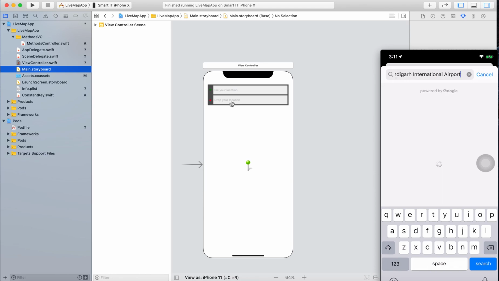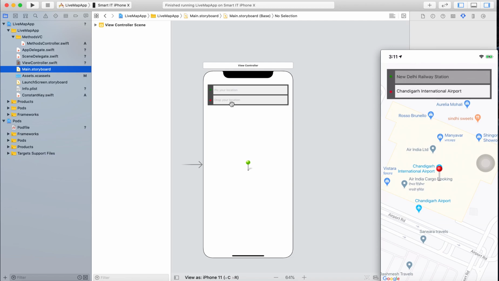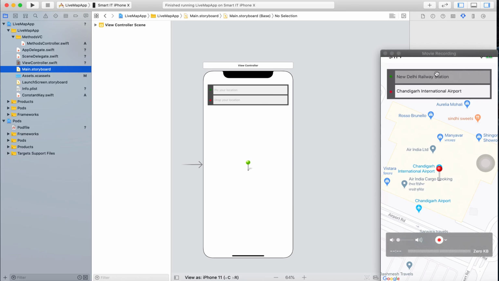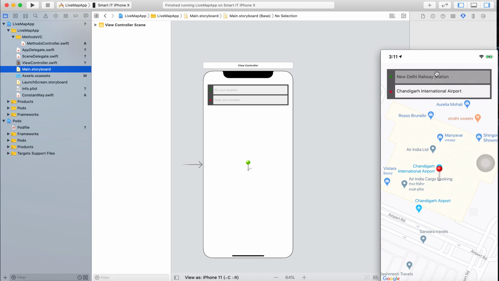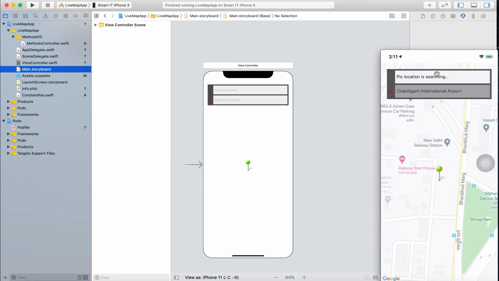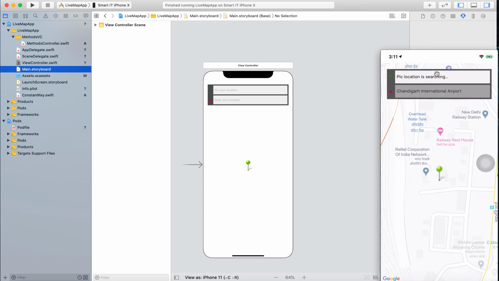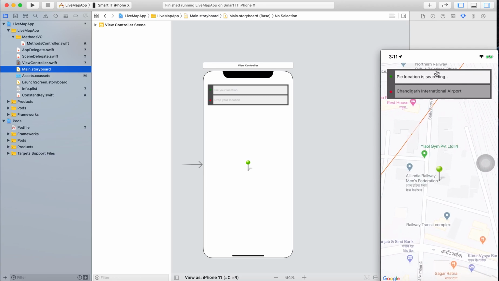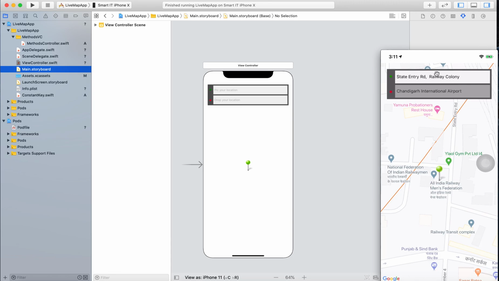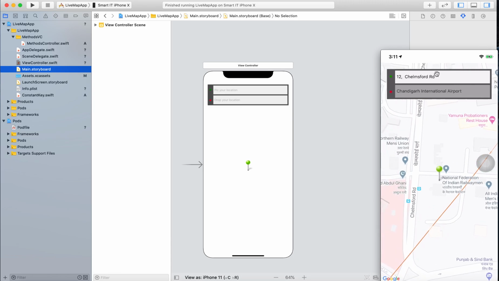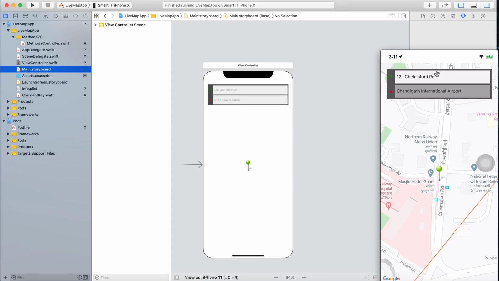International Airport, right? Okay. Your drop location is Chandigarh and your pick location is the pick. You can also see the highlighted one which you have clicked, and if you want to pick, it goes in the pick. You can also search here. If you drag your map, the location will change to where you want to be, right? And if you want to go to drop, the second click will be